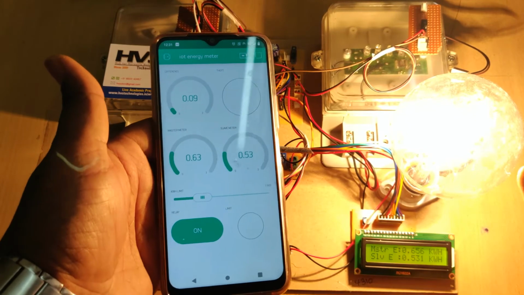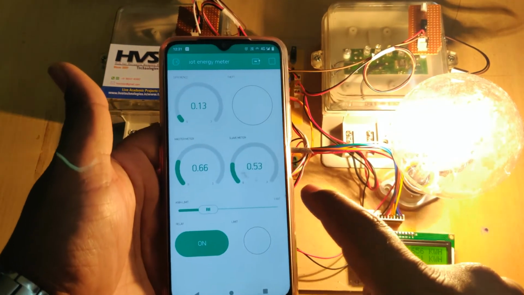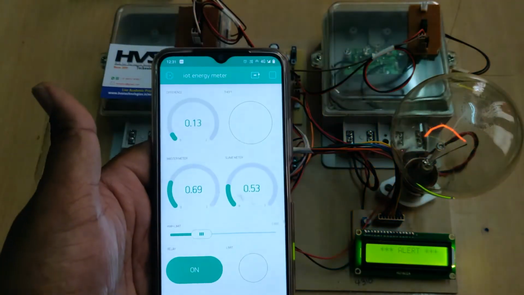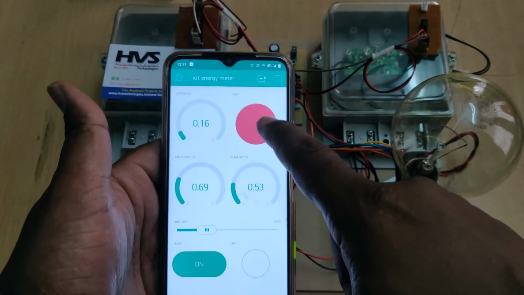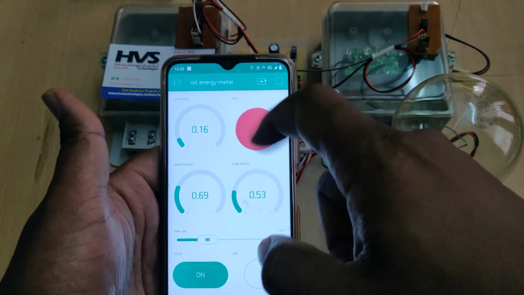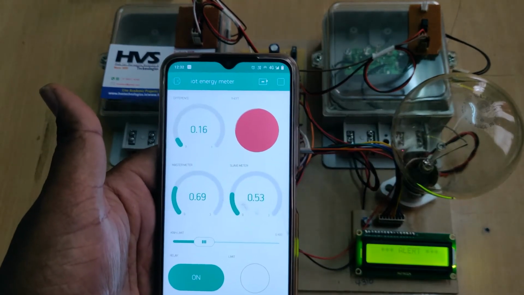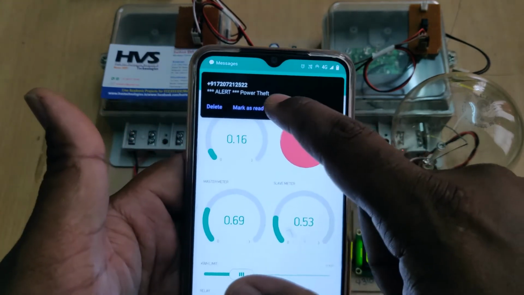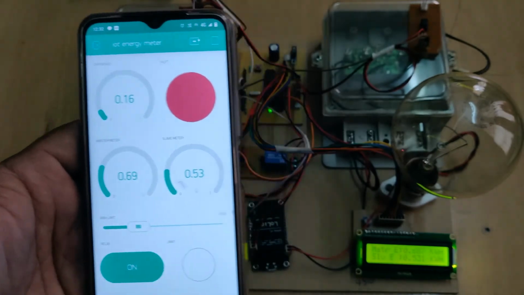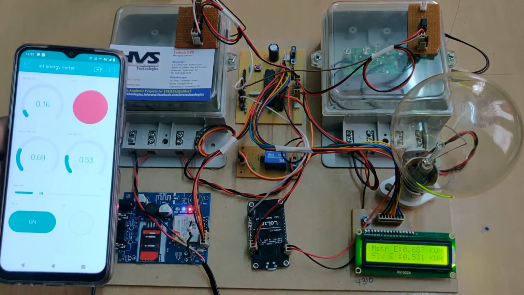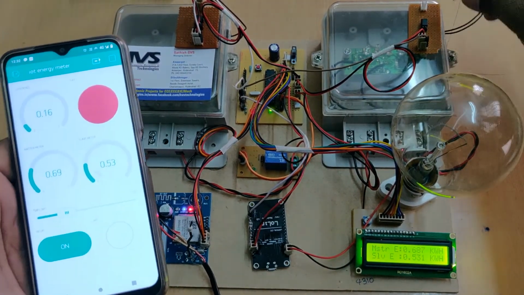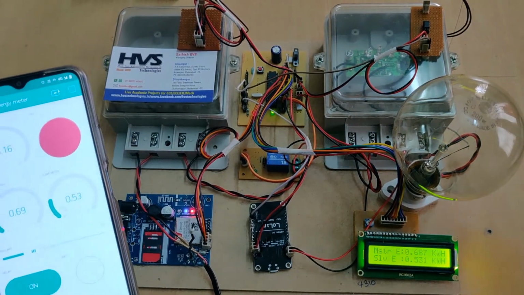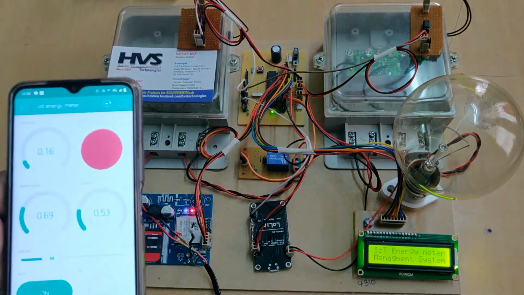It turns off automatically, and the mobile phone will also get the SMS alerts, the theft detected alerts. So the bulb will be off, we'll get the indication on the theft LED, as well as the message alerts. The alert is displayed: power theft detected, from the SIM card which we inserted in this switch. In order to reset, just check the connections, check whether there is any tampering or not, and after that just reset the microcontroller.